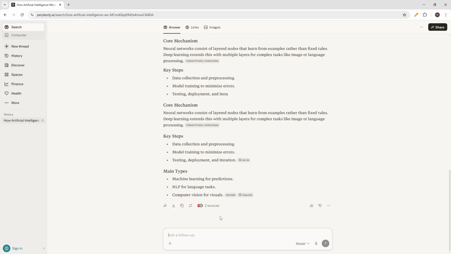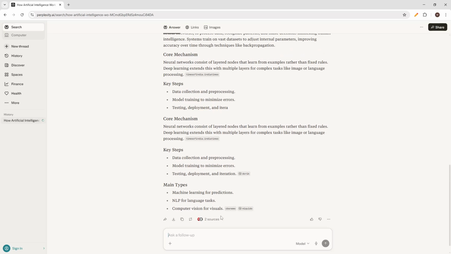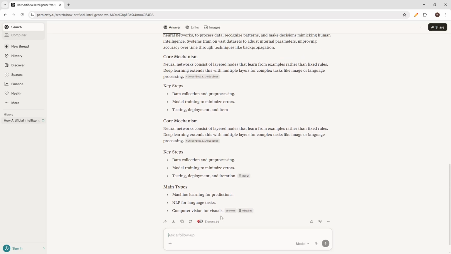When you're done, simply close the website. There's no login, no registration, and no extra steps. If you come back later, you'll start fresh with a new chat. That's it. Open the site, ask your question, interact to refine the answer, copy what you need, and close the